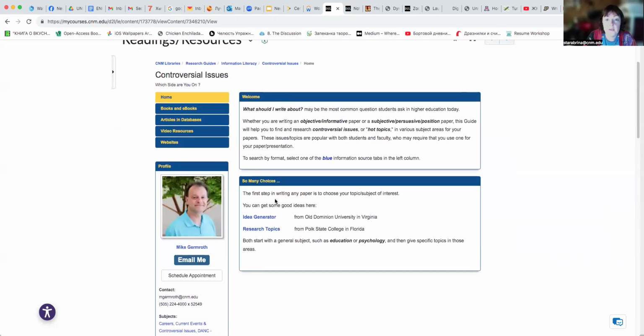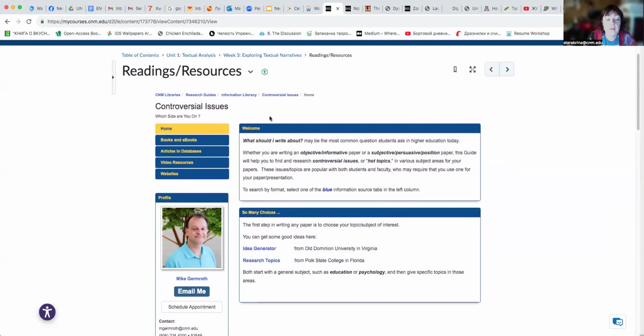If you guys are still thinking about what good topic you want to pick for this class, it turns out we have a special designated librarian who is eager to help you with finding a good controversial topic. And you remember, because you will have to write a public argument for your project 3, your topic should be controversial.